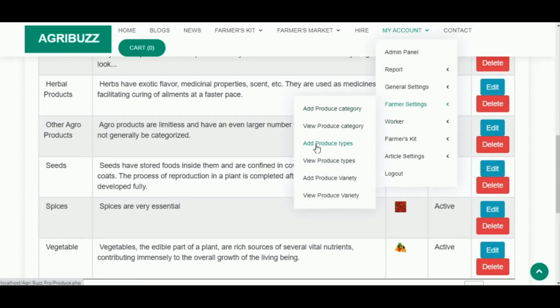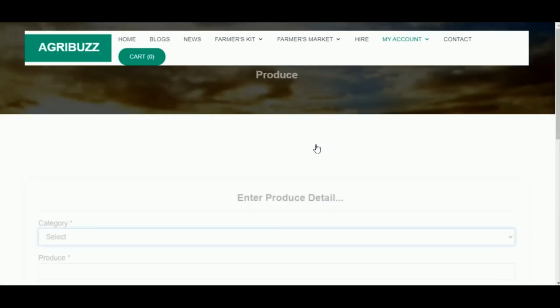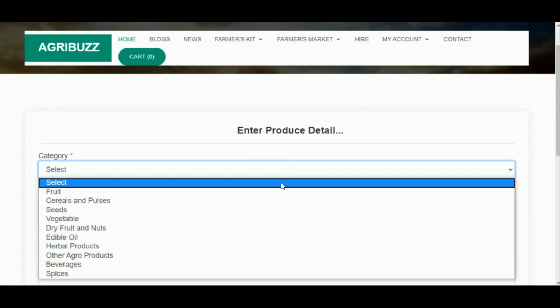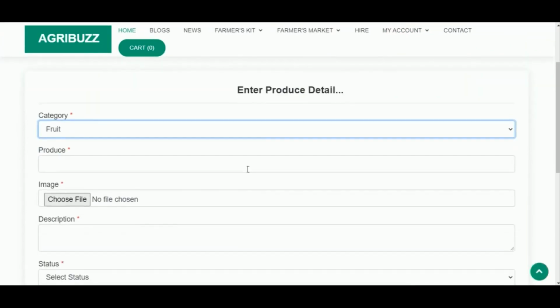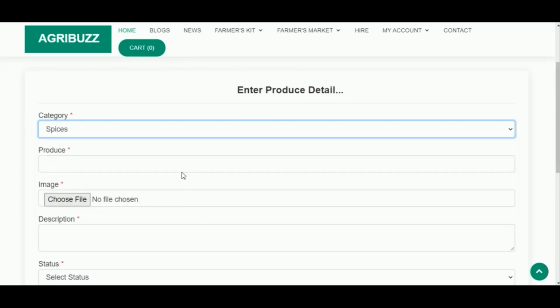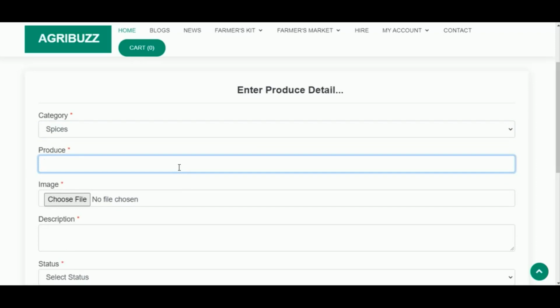Admin can add produce types, that is by mentioning the category, then the produce name, produce image and description.